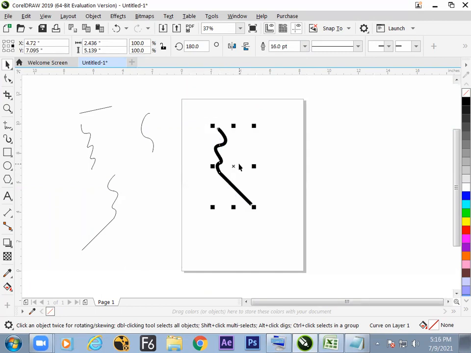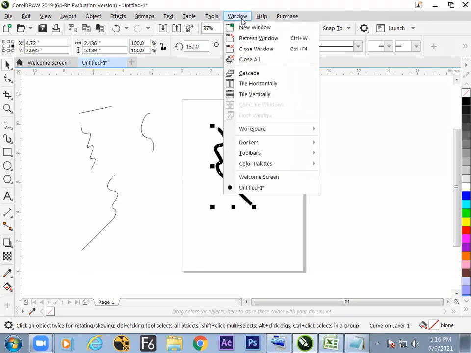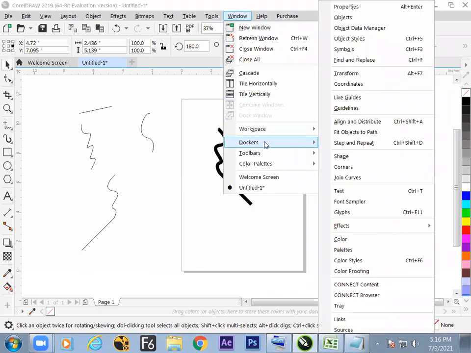Now the other way to change the thickness is by switching into a special window called the stroke window. In CorelDRAW, all these things are in what is called a Docker. Okay, note it down.